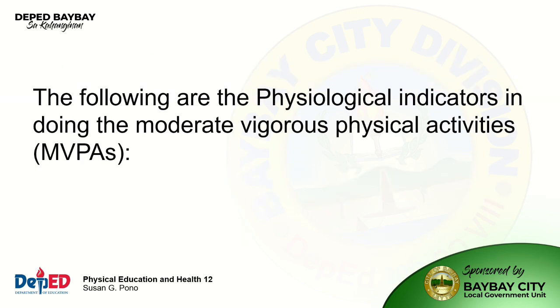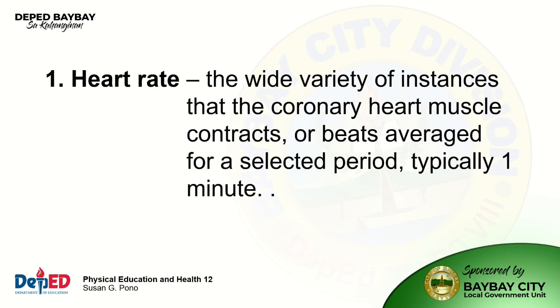The following are the physiological indicators in doing the moderate vigorous physical activities, MVPAs. Let us discuss its physiological indicators. The first one is heart rate. It is the number of instances that the coronary heart muscle contracts or beats, averaged for a selected period,